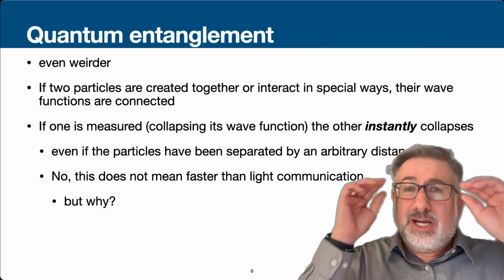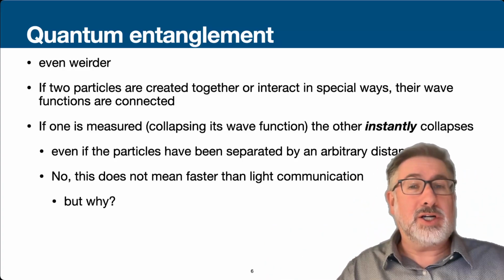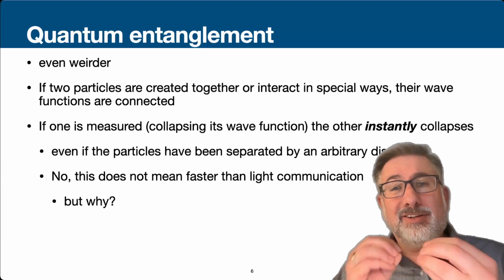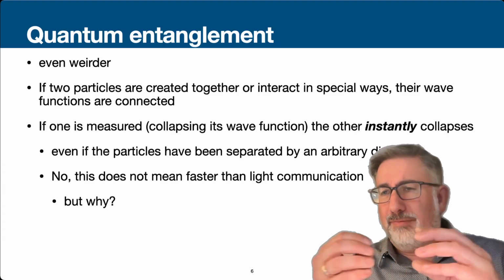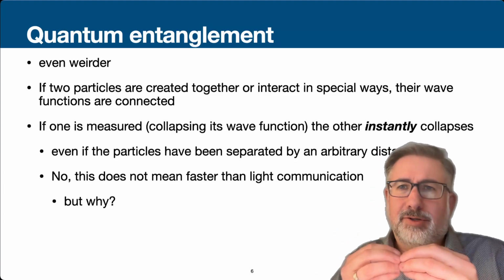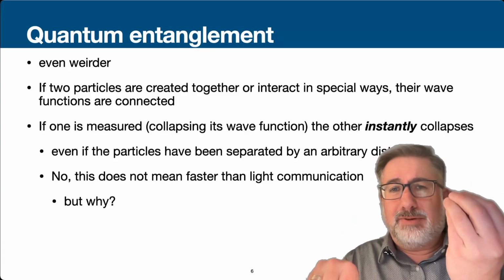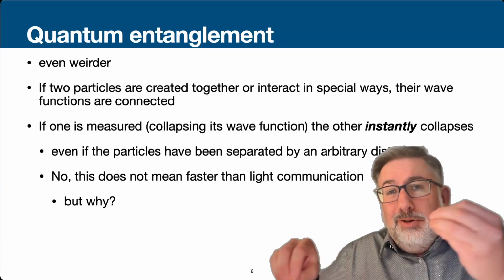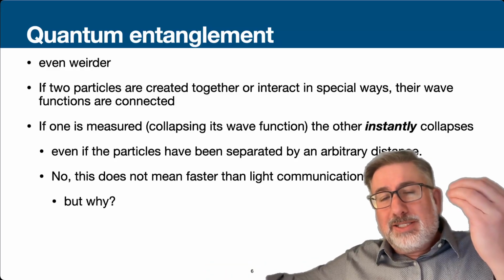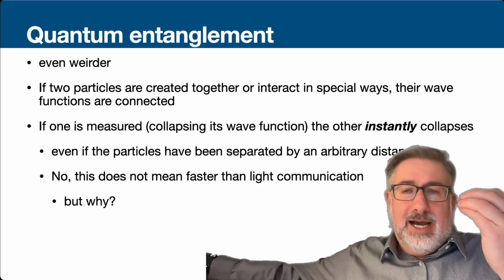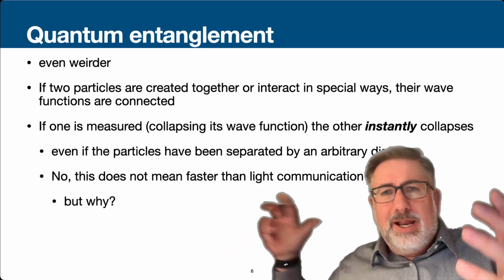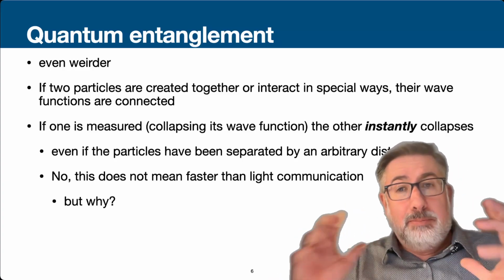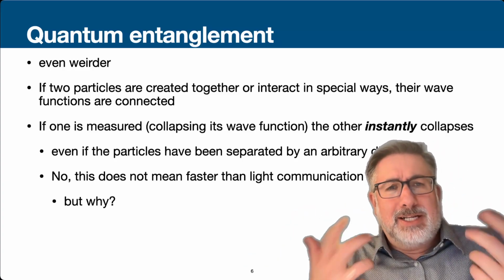It gets even stranger when we consider the idea of quantum entanglement, which is when two unobserved quantities are dependent on each other. So if there are two particles that are entangled, one is up, the other is down. If you entangle them without measuring them and then pull them far apart, if you measure one as up, you know that the other one has to be down. Now, there's no way to actually use this for faster than light communication or anything like that, but it does happen instantly. And it's a very strange thing.